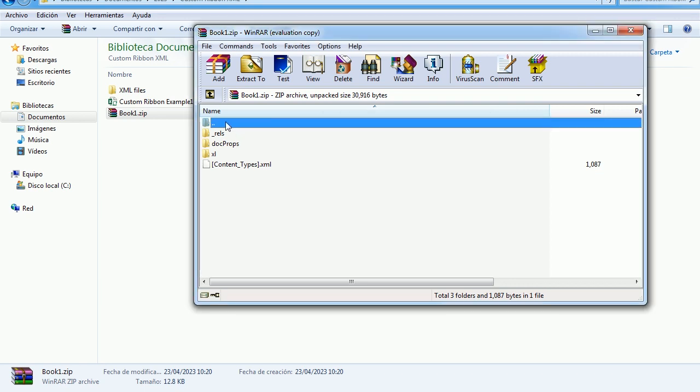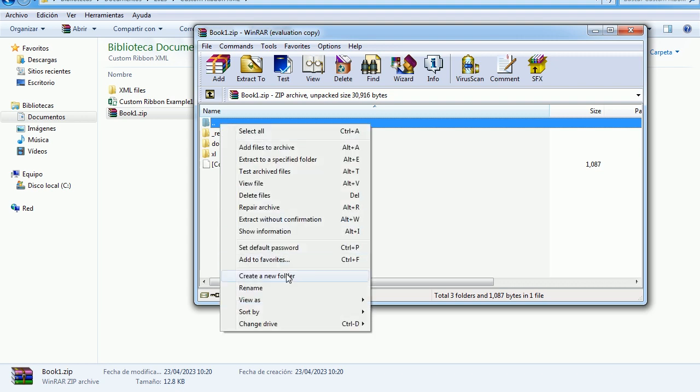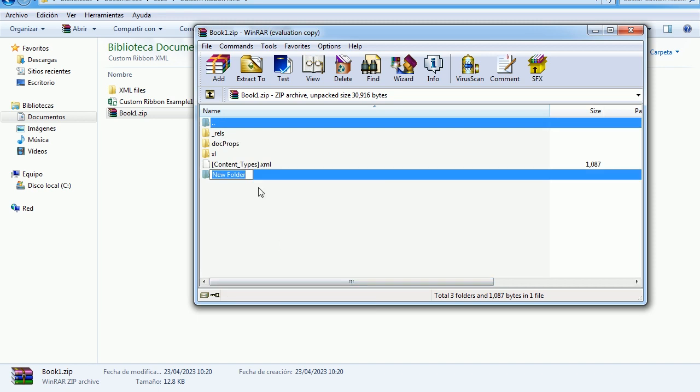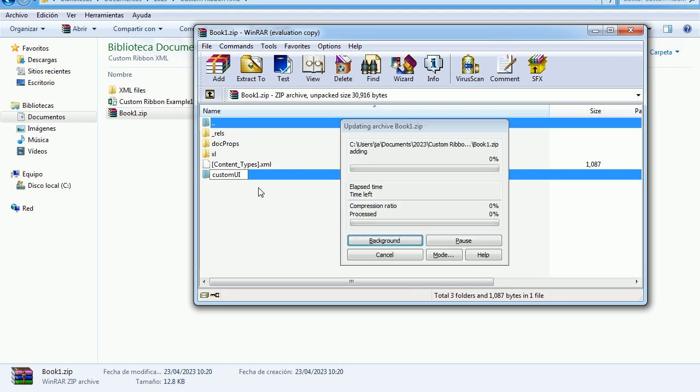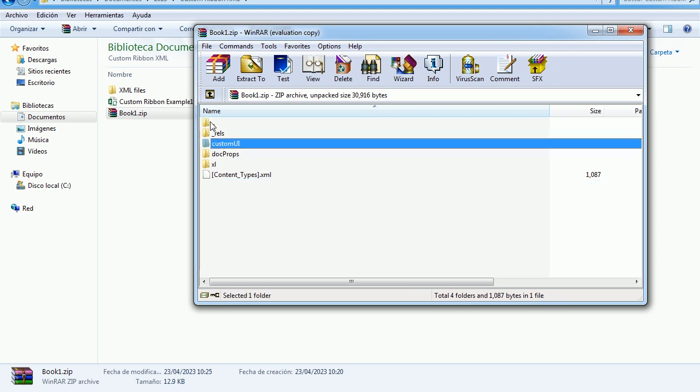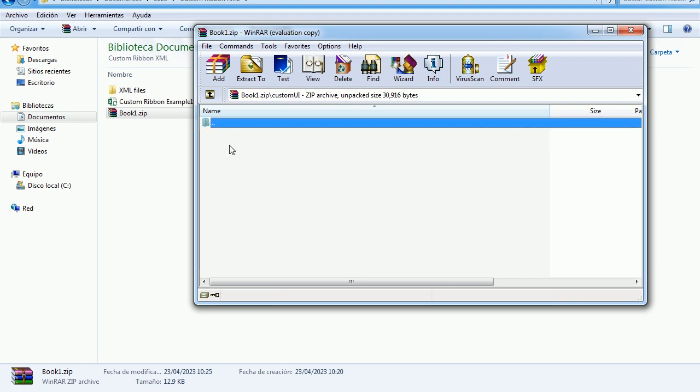First of all, we need to add a folder with the exact name, customUI, as I'm going to write it down. So for that, we right click here and go to create a new folder. And we're going to call it custom, lowercase, UI, uppercase. Okay, as you see, we've added this folder here. Now, inside this folder, we're going to add the XML code with the ribbon